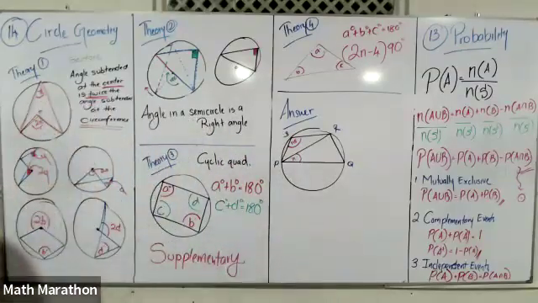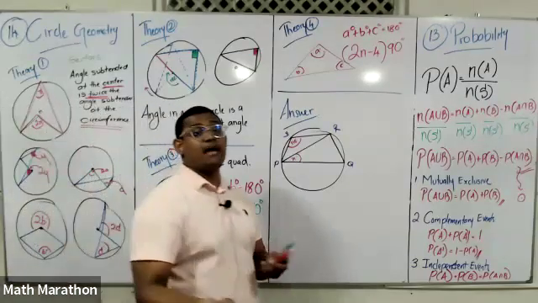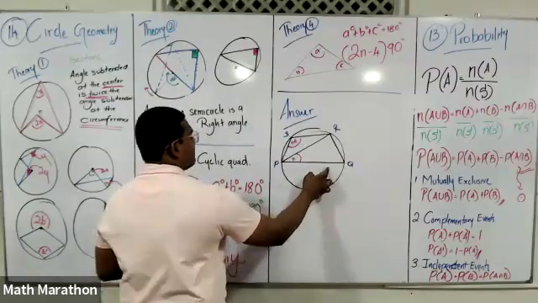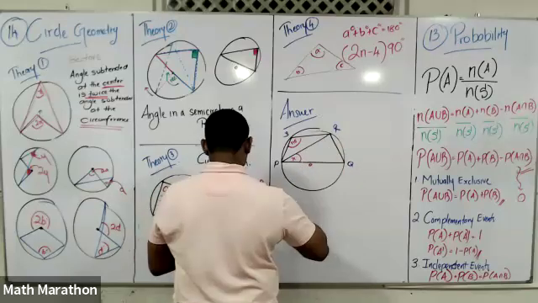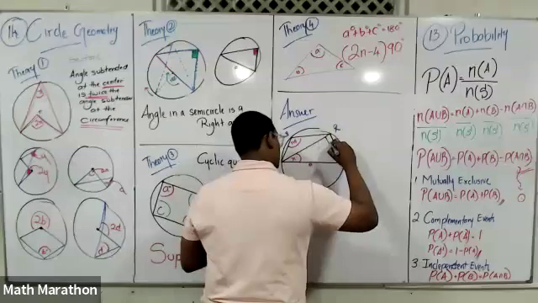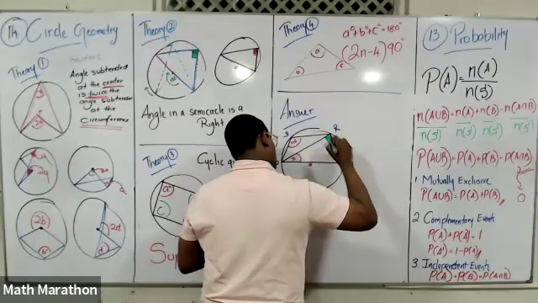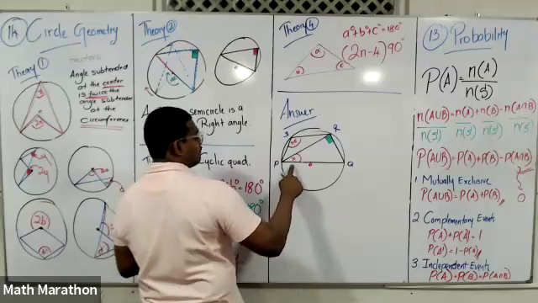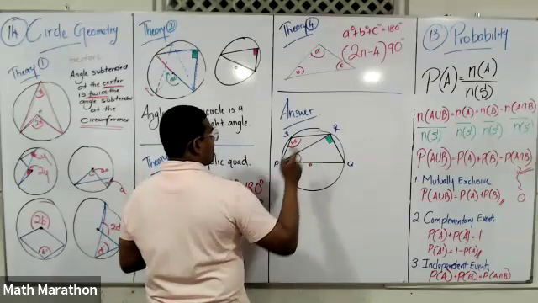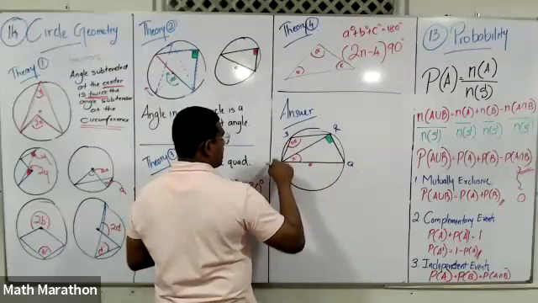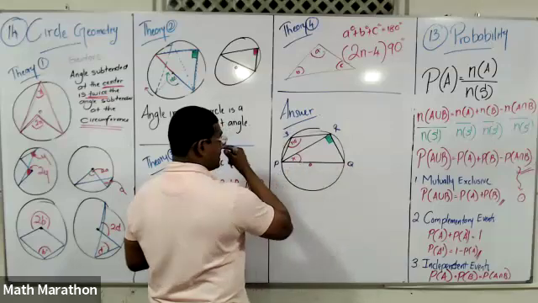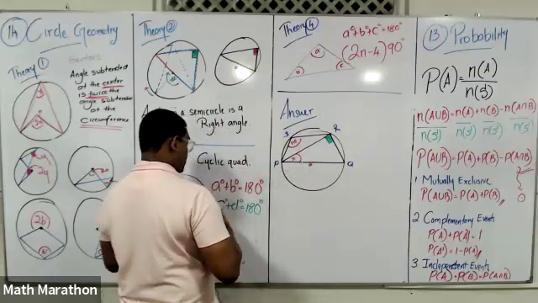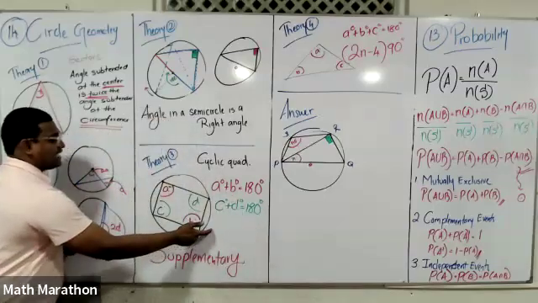So the detail that is given to me is, PQ is the diameter. If PQ is the diameter, what should I know? If this is the center, O, this is 90 degrees. That is 90. I have to find X. I need to know this. What is the next thing? PQRS. All four vertices are on the circle. Then that means PQRS is a cyclic quadrilateral. What did we study? In a cyclic quadrilateral,